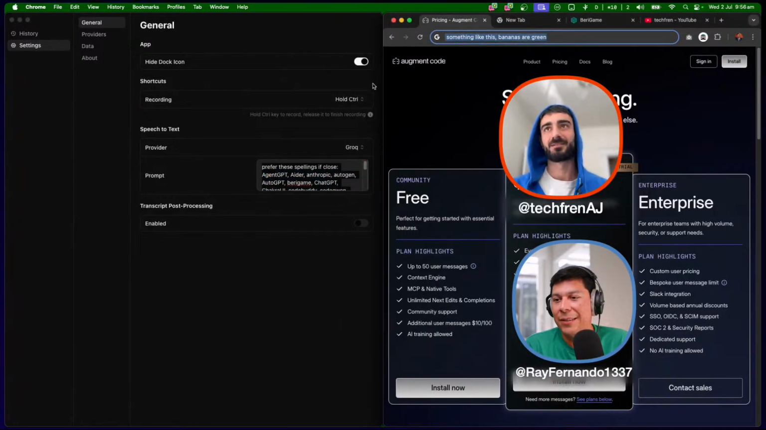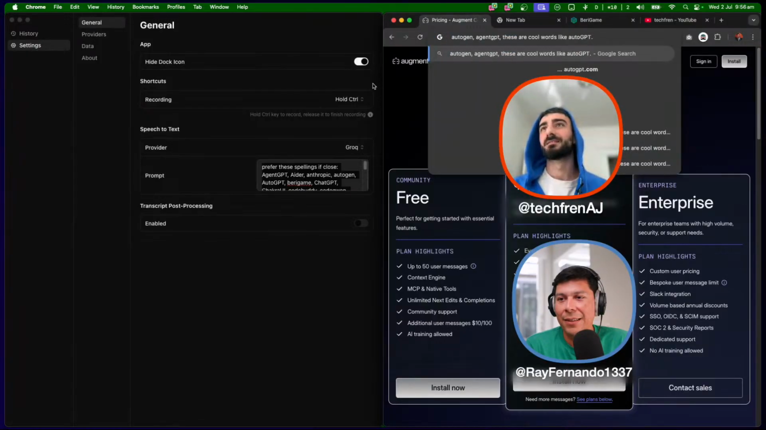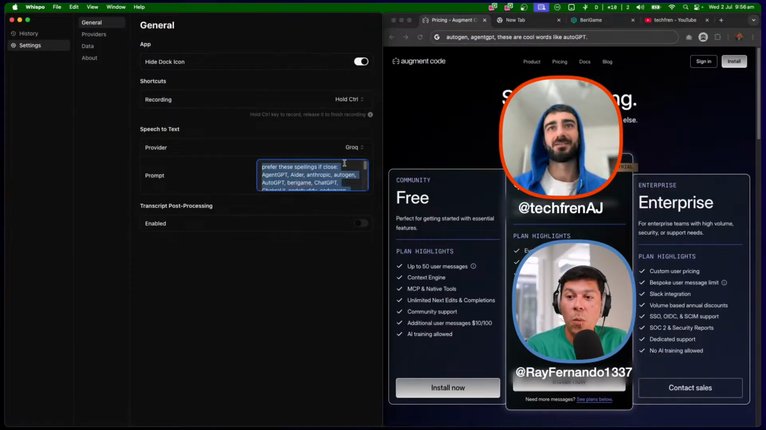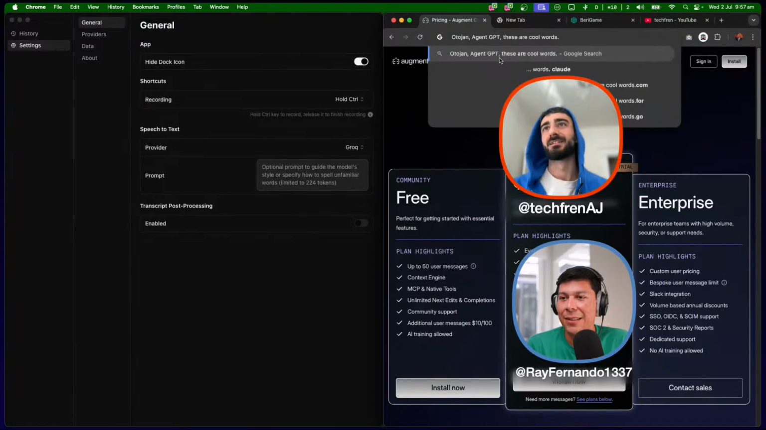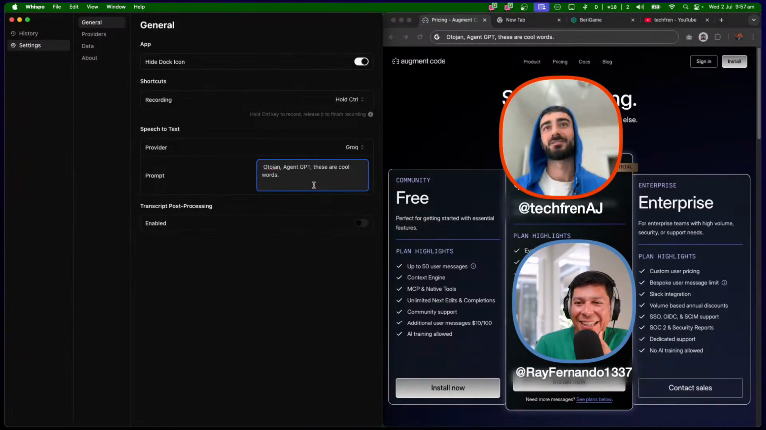Let's see if this works. Autogen, agent GPT. These are cool words like auto GPT. And you can see it picked up that spelling. Whereas if I turn this off, I haven't tested this, but let's try the same thing. Autogen, agent GPT. These are cool words. See, it's just like autogen. So this initial prompt thing is really awesome